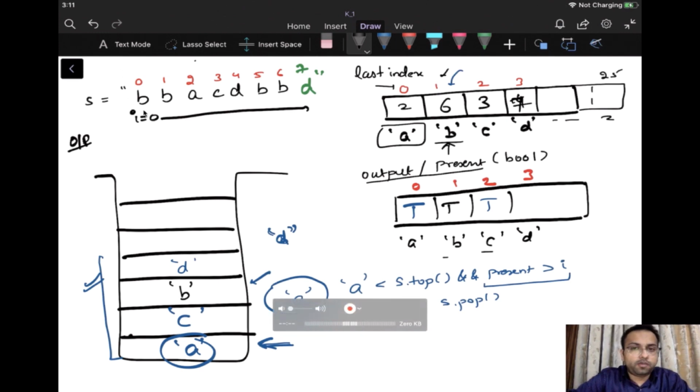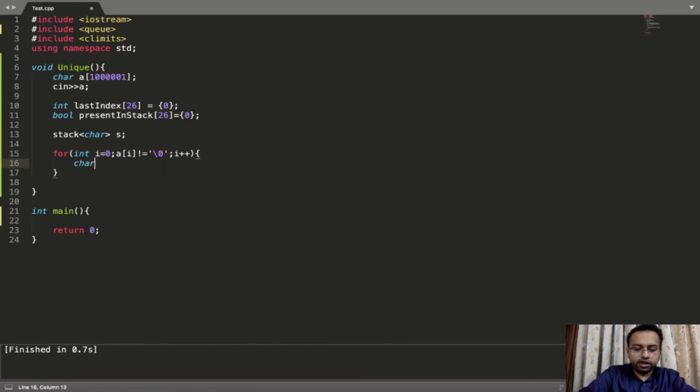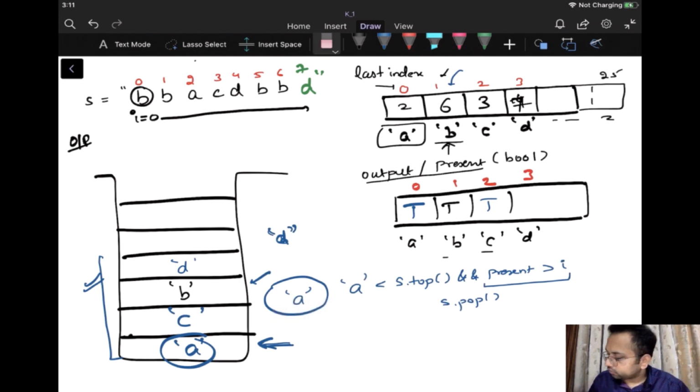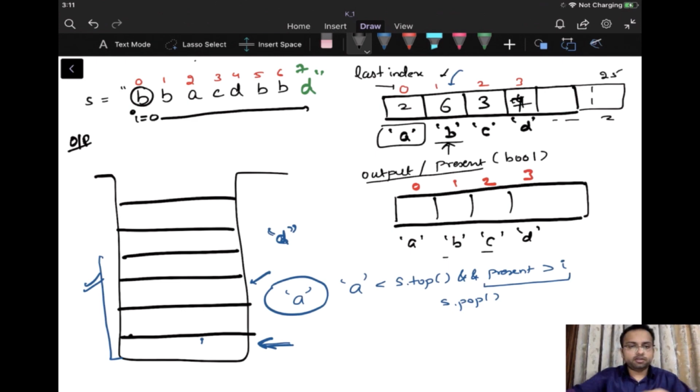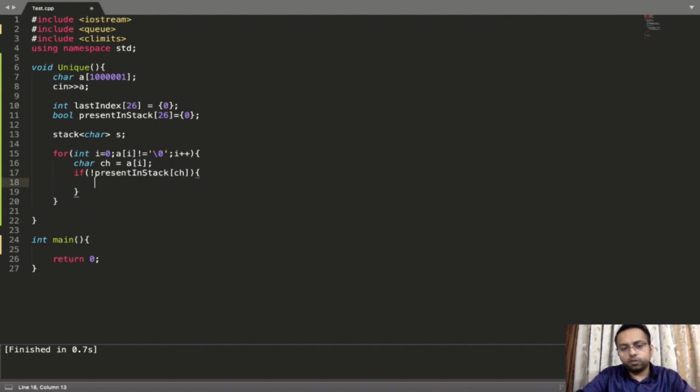The first thing we are going to do is pick this particular character. I can write char ch is equal to a of I. Now we need to check whether this particular character is present inside the stack or not. Right now all the buckets are false, so this character is not present inside it. So I'll check if not present in stack this particular character, then we need to do some work.